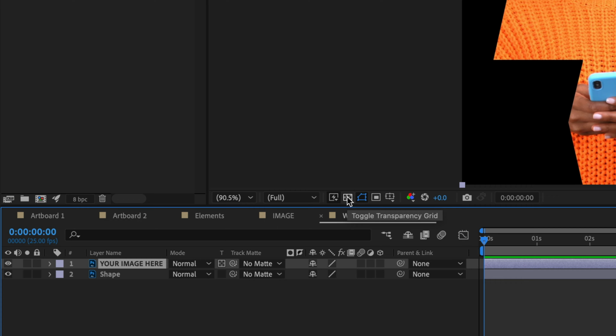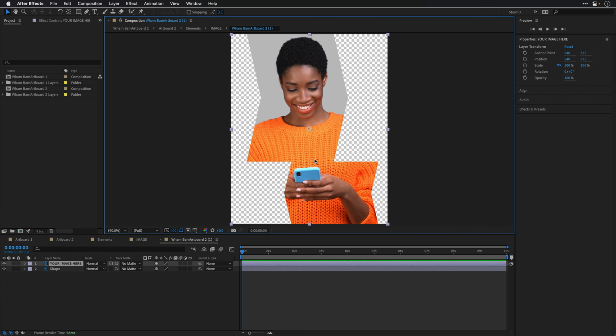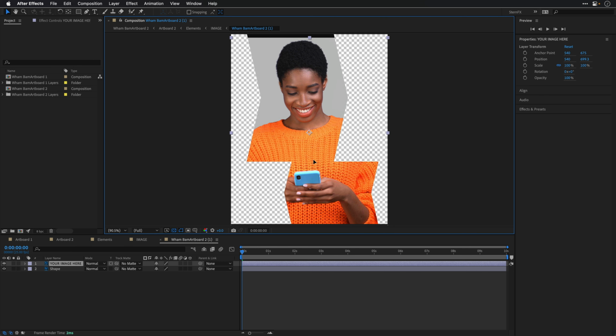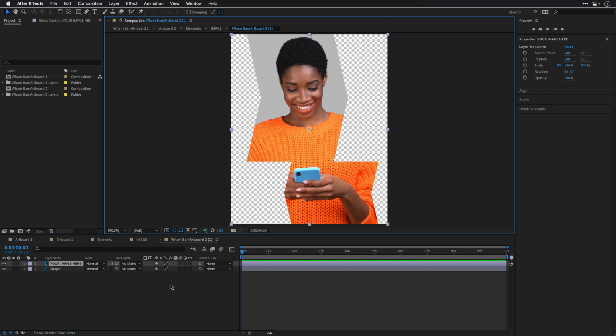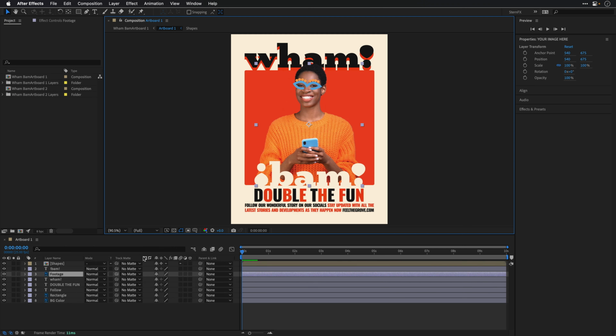To make it easier to understand, I'll toggle the transparency grid. And this means that here inside After Effects, I still have control, and I can move this layer and change it the same way I can inside Photoshop. So again, if you need this functionality, use clipping masks. Okay, I'm just going to close all of these layers, and I'm actually going to return to the original, first artboard. And after seeing what we can and can't do, let me show you how I would